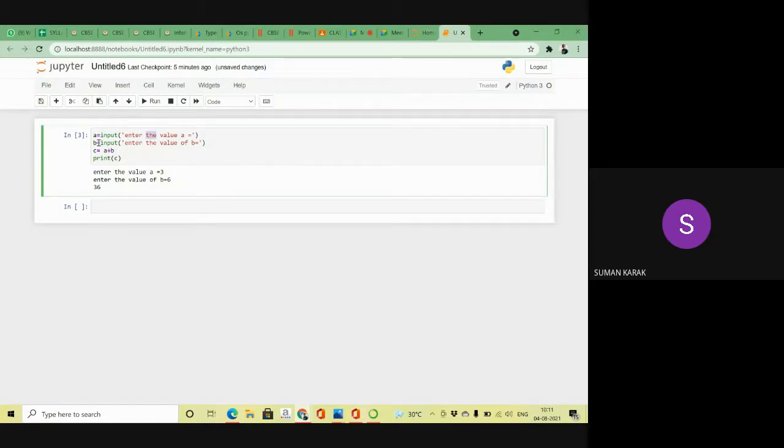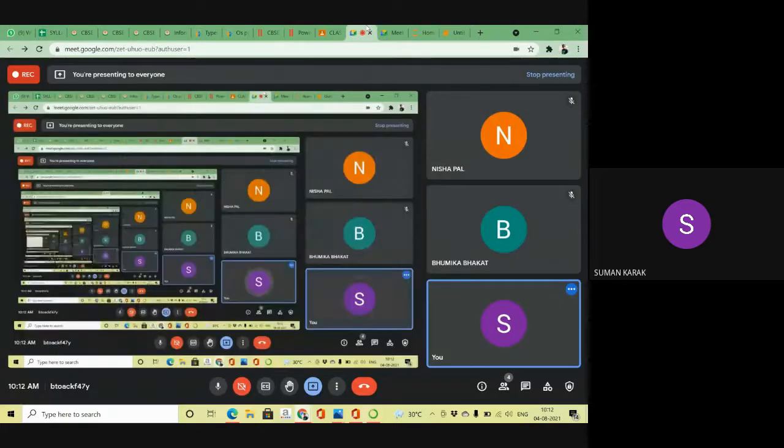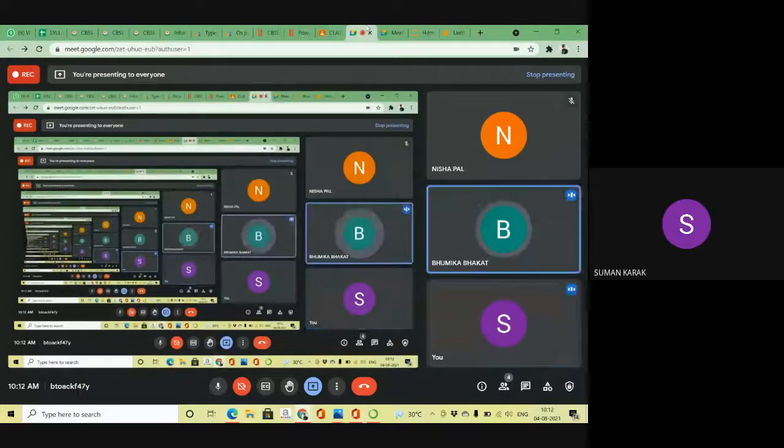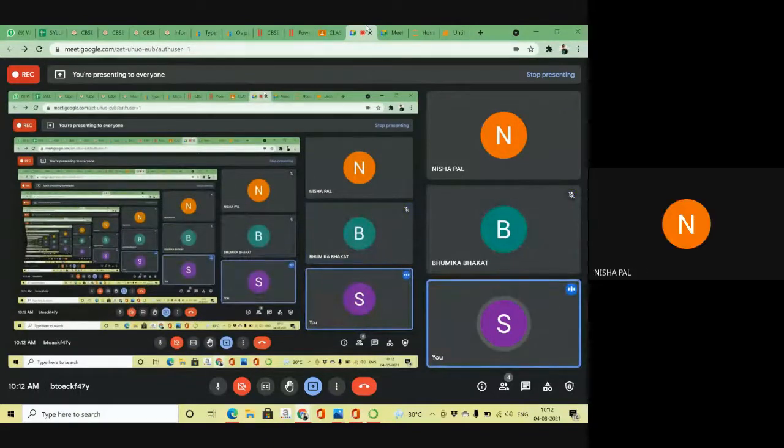And we know in the string data type we cannot perform any mathematical expression, right? Yes or no? Can I perform any mathematical operation on a string?